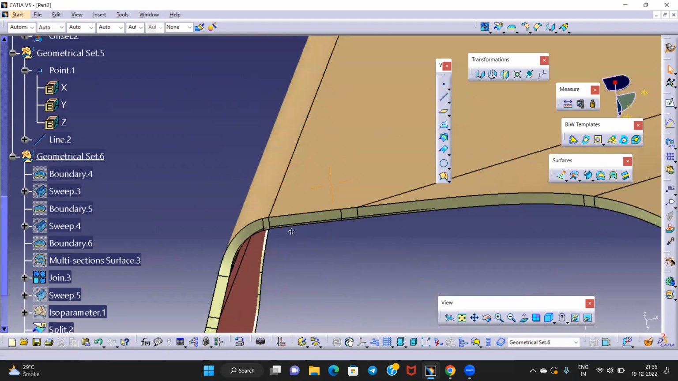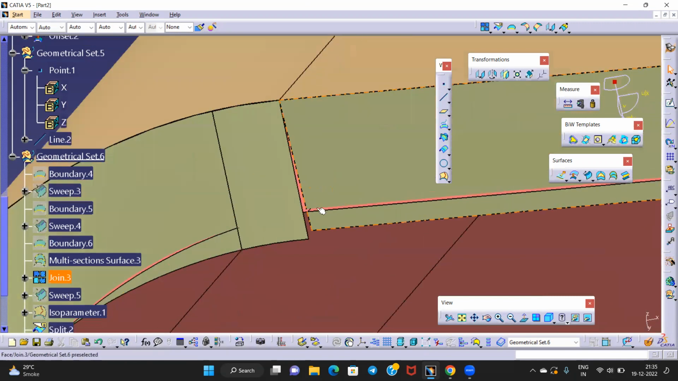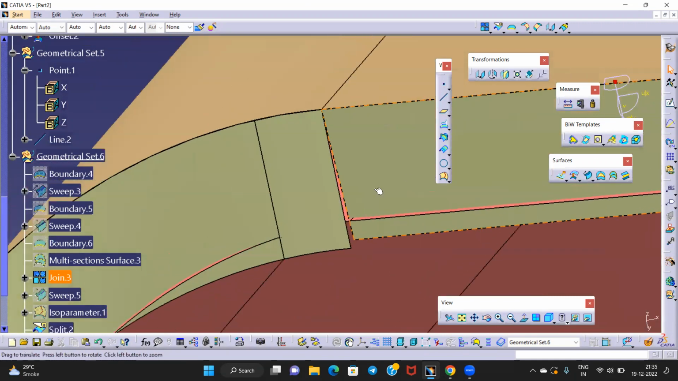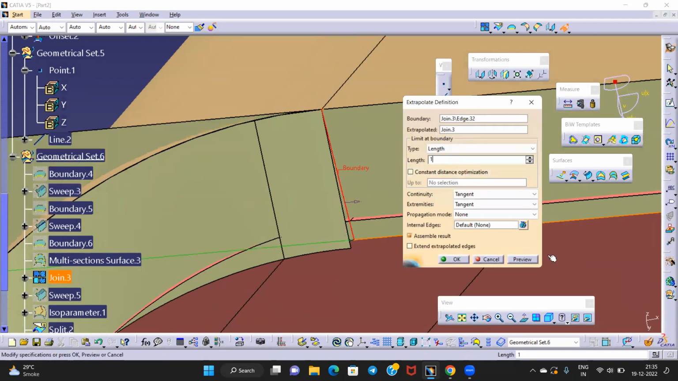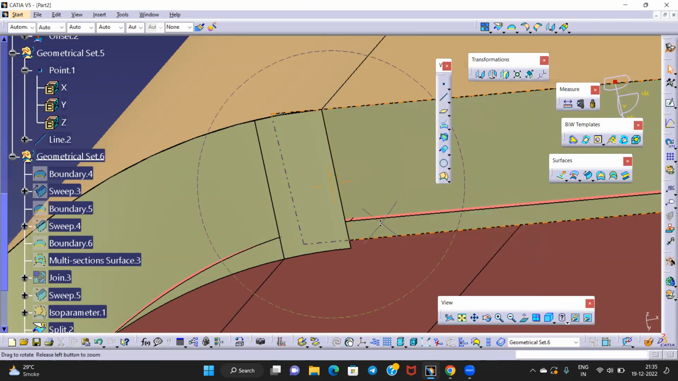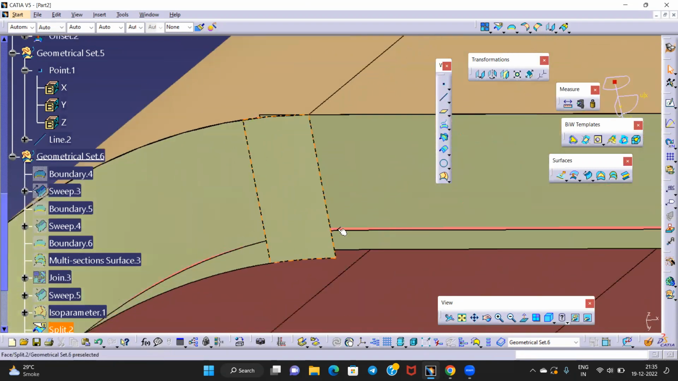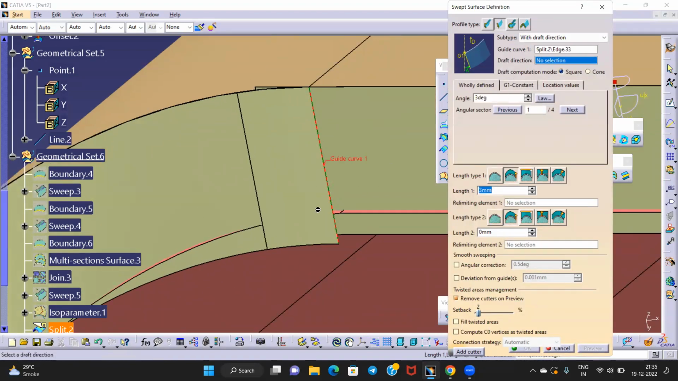If you want to see what will happen here, if I am extending this to 1 mm in curvature, and if I am making a sweep of this edge with 0 degree